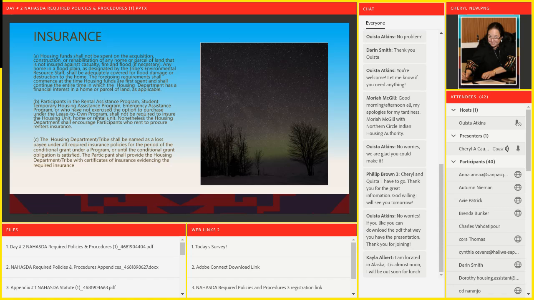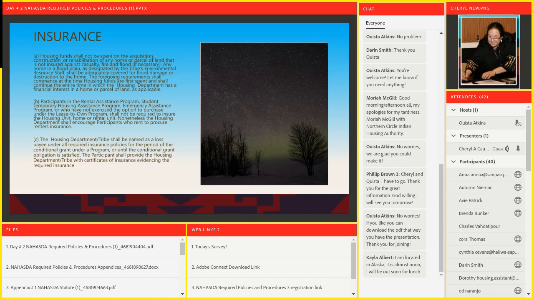Participants in the rental assistance program, student temporary housing assistance program, and emergency assistance program who have not exercised the option to purchase under the lease to purchase shall not be required to insure the housing unit, home or rental unit. Nevertheless, the housing department shall encourage any participant who rents to procure renter's insurance. The housing department shall be named as the loss payee under all required insurance policies for the period of the conditional grant of a program, or until the conditional grant obligation is satisfied. The participant shall provide the housing department or tribe with certificates of insurance